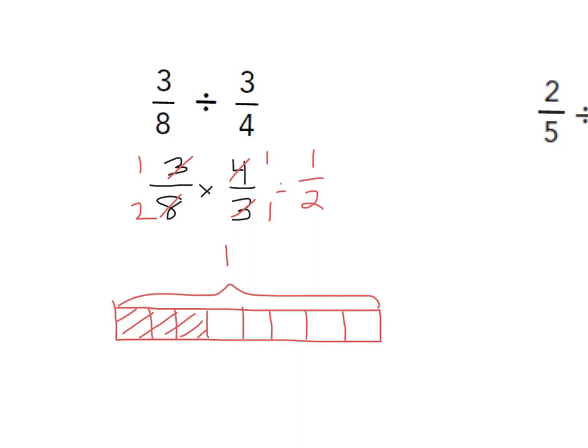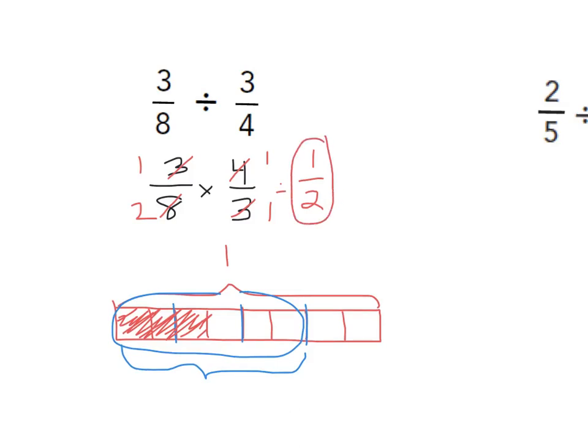I'm trying to divide it into groups of 3/4. Well, if the fourths of a full thing look like this, and I'm supposed to cut it into a section that's 3/4, because this represents 3/4 of a whole thing, it looks to me like this 3/8 here is half of the whole thing I'm looking for,